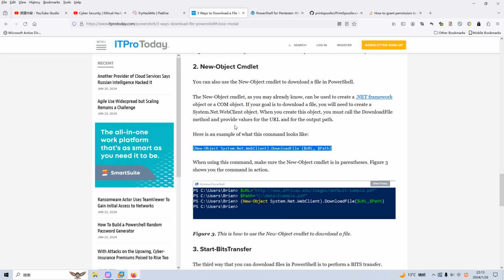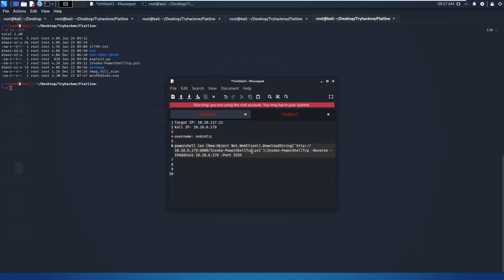So again, I need to get the help from somewhere like this website. We can use the second method, New-Object. This one. We just copy the command and do some modification. For example, here we set the URL. Of course, we know the URL. We can copy this IP address and port number,